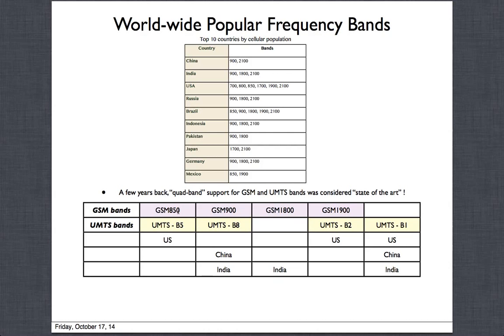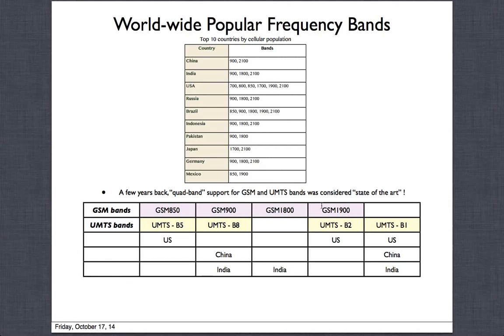So that band was called GSM 850. Then the other very popular band is GSM 900. That is around 900 megahertz. Then we have GSM 1800. This is around the 1800 megahertz band, and GSM 1900. This is the 1900 megahertz band. If you took these 4 frequency bands and went back and looked at the table here, you will see a lot of these countries fall in them. Wherever the GSM services are there, there is a very high probability that they are all going to be in either of these 4 bands.